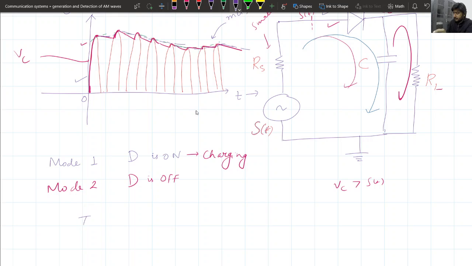You can write here: the capacitor voltage traces the envelope